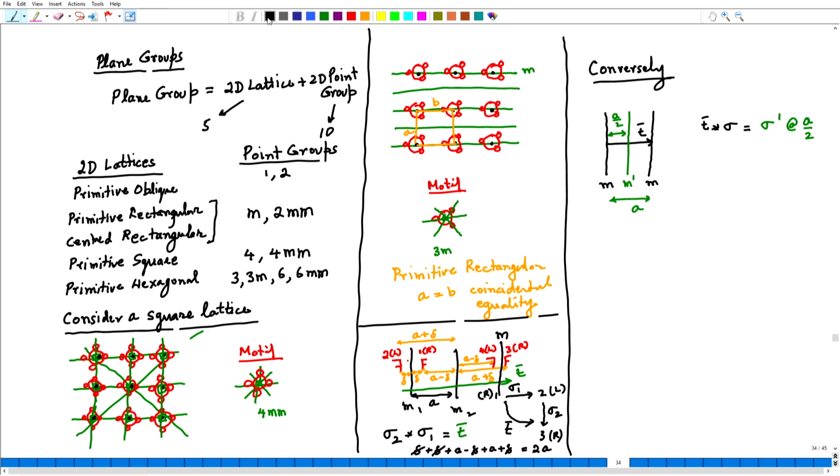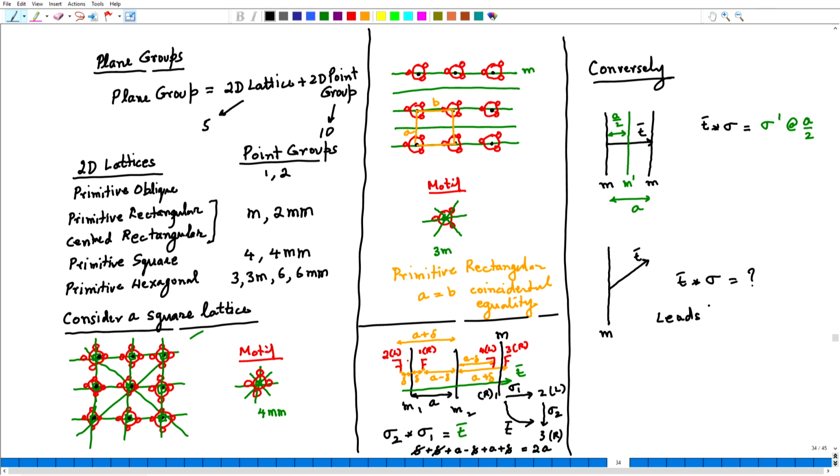Now, this is not the only way I can combine a translation with a mirror. I can also combine a translation with a mirror where the translation is at some angle with respect to the mirror's normal. So in this case also there would be some symmetry operation that may come about. Let me also make it clear that these translations are lattice translations. For now, I am not going to solve this particular problem, but I will simply state